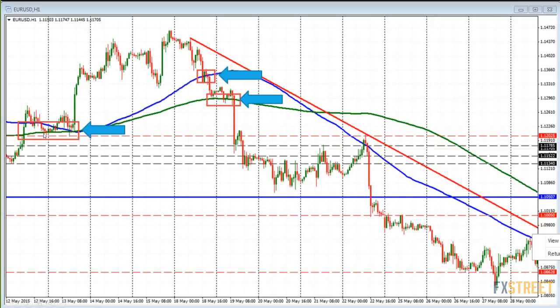I just use two moving averages, and I name one blue and I name one green. The blue one is the 100. The 200 is the green one. And so when the moving averages start to go sideways or converge, that's just another little clue for me. When the two moving averages and the price converge, it's always a red flag for me to start anticipating a